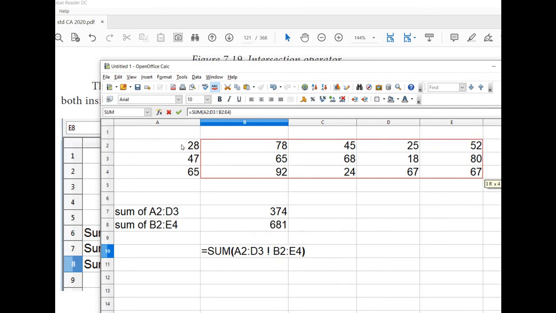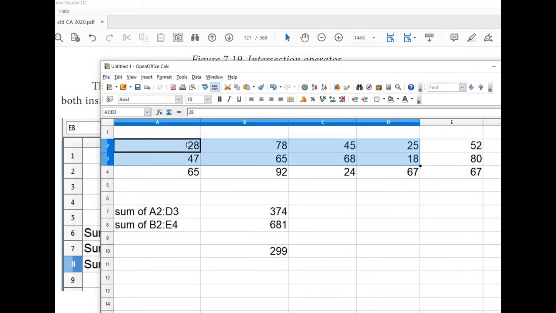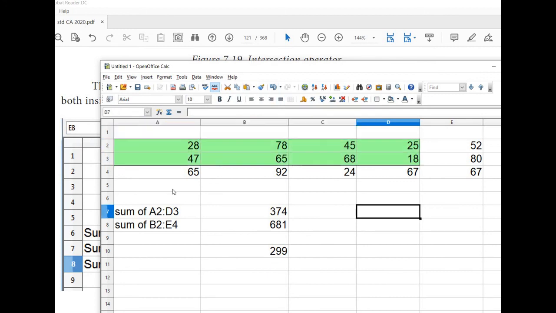So what we have done is we have calculated the ranges for all the data. B2 means from here to this area. The first one is the range of A2 to D3, this range. Next we'll outline it.